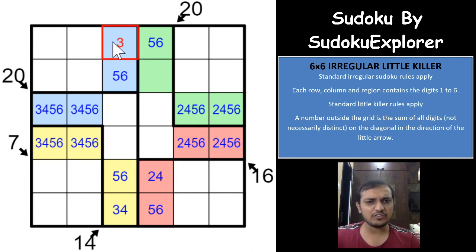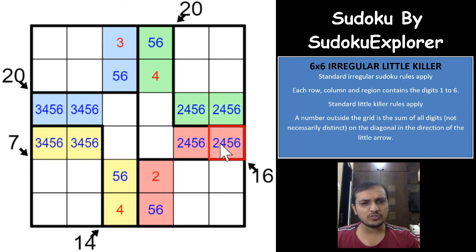So what happens if you have a 3 here? That will lead to a 4 here. That will lead to a 2 here and a 4 here. So which means that the sum of these two digits is 7, right? Then the sum of these two digits would have to be 9. And 9 is only possible with 4 and 5, right? 9 can only be possible with 4 and 5 using these 4 digits, right?